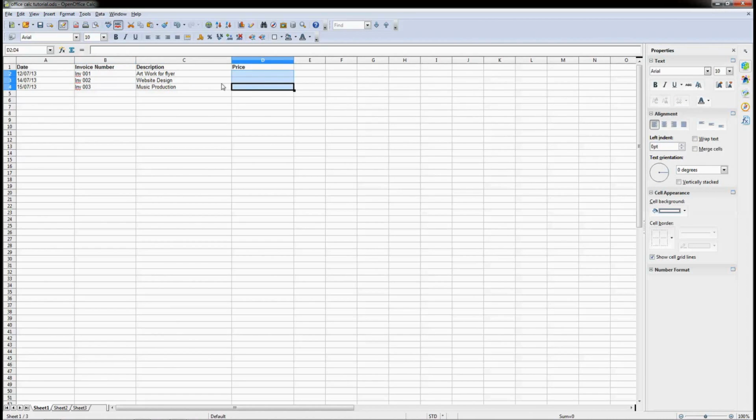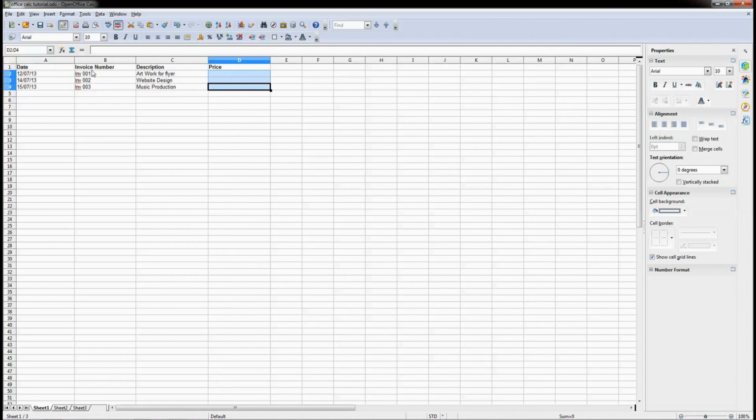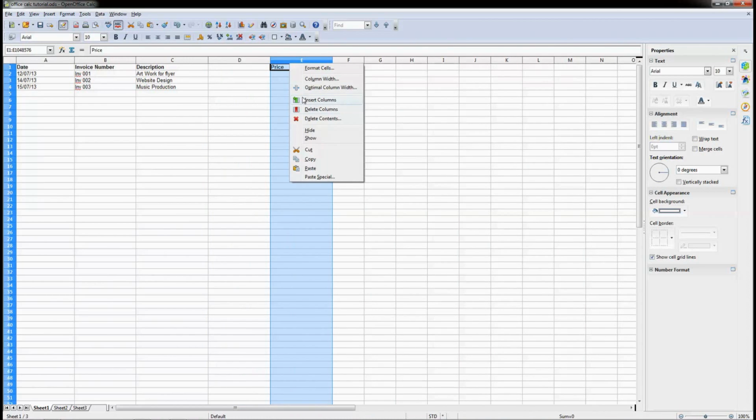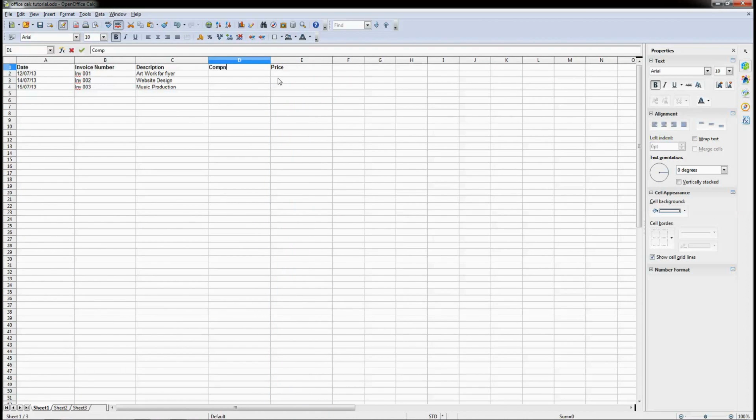We've got the price here, but clearly, thinking about this now, we've got something missing. We've got the date, we've got the invoice number, we've got a description, but who are we invoicing? It doesn't tell us which company we're going to be invoicing. So we're going to insert another column. So I'm going to right click on this E and then click insert column, and it's going to give me this blank column here, and here I'm going to put company